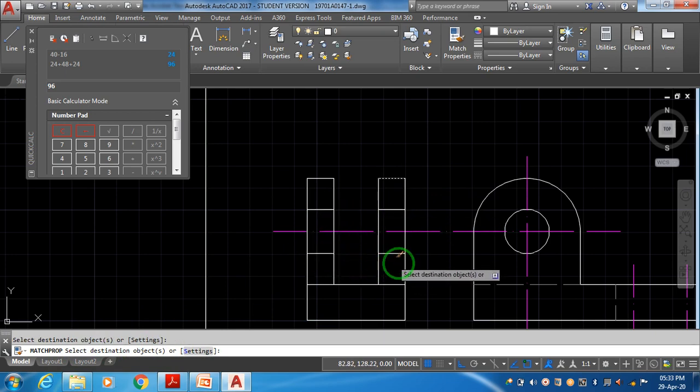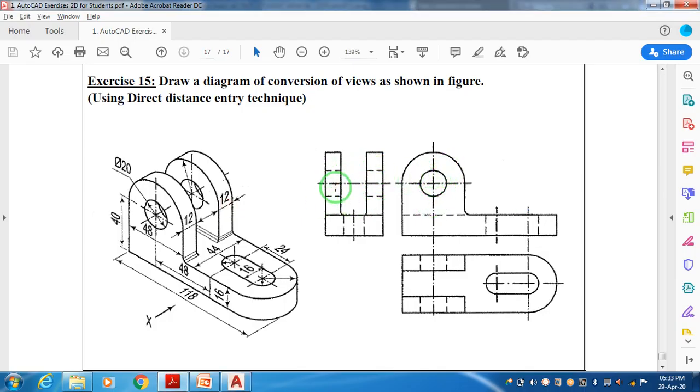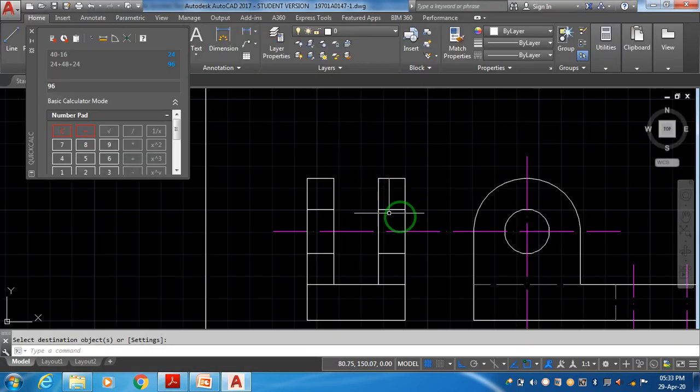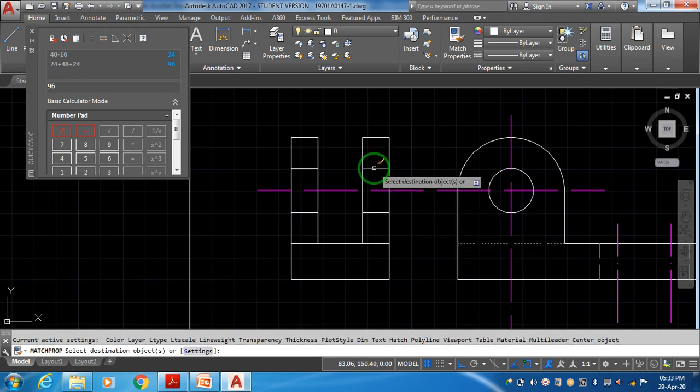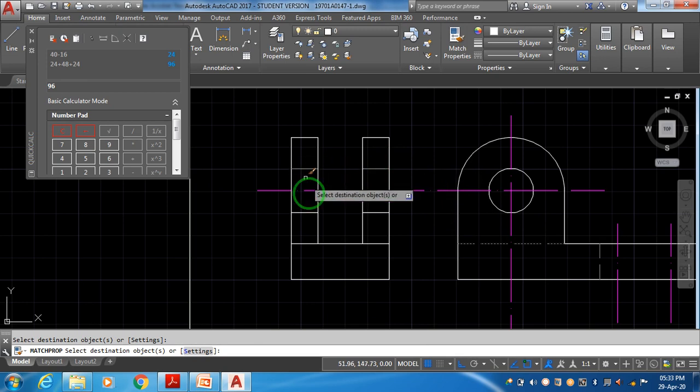They are changed. What I am trying to show is that there is no need to pull up here and change the layer. Here we are supposed to have two hidden layers. That's the hidden layer. I had just selected the zero layer. Now the same thing again I will show you. Match properties. Enter, hidden layer. This one to this one, this one, this one, and this one. Enter. Now we have done almost that.